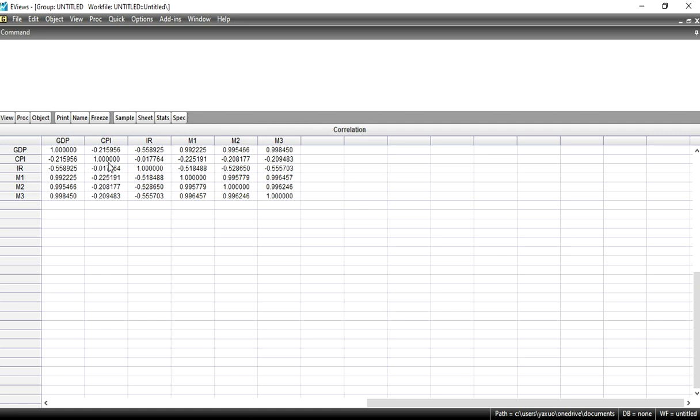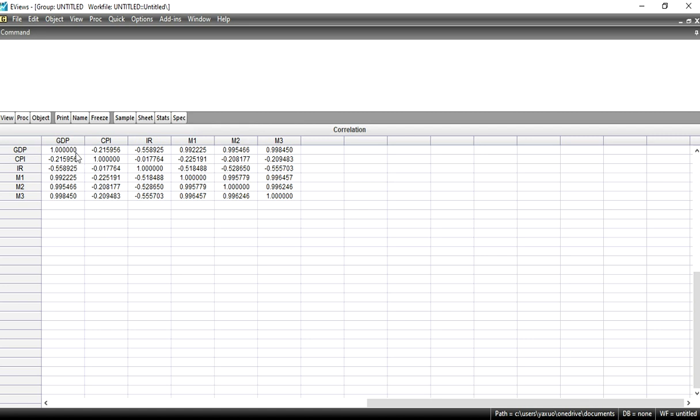Now in the result, look at those values which are above 90%. Above 90% means that there exists a high multicollinearity between these variables. Forget about the relationship between independent and dependent variables.